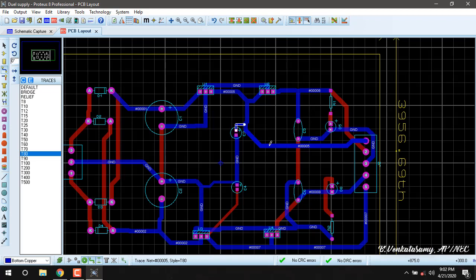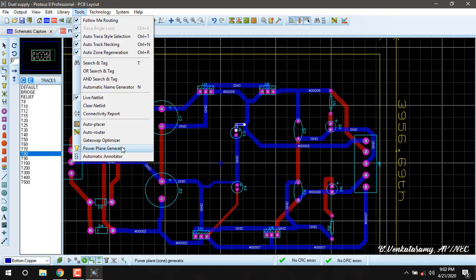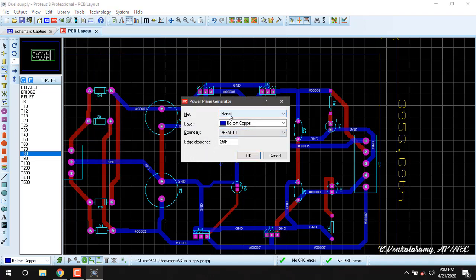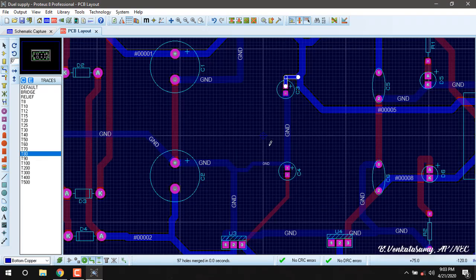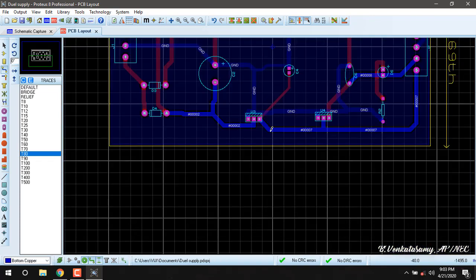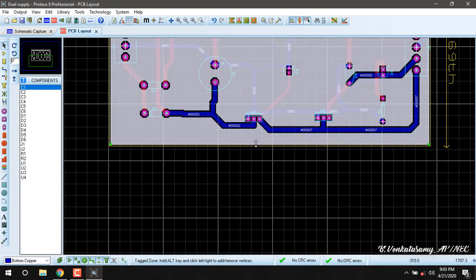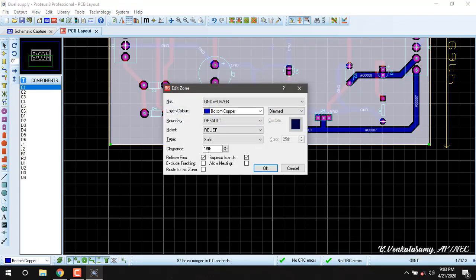Now I am going to make this circuit with power plane generation. Again, power plane generation is optional. Go to power plane generation, net is equal to ground is equal to power, bottom copper, press OK. If I want to increase the clearance, press here, double click here, change the clearance to 40, press OK.